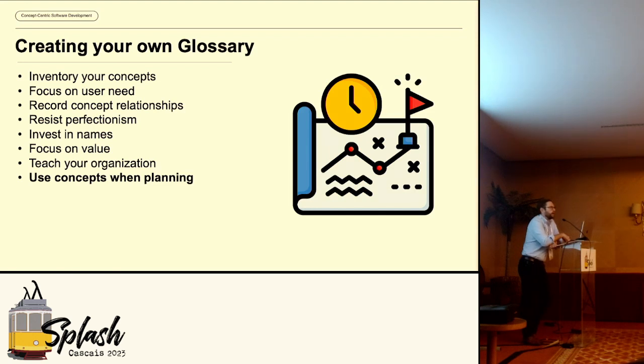I think in a lot of cases, concepts exist in the present day, but the most exciting new features tend to be new ideas that you're putting into the platform, sometimes ideas that don't exist in any other piece of software ever. So you want to put them into planning, and you want to be able to explicitly say, hey, this feature is introducing a new concept, and that means that many teams are going to have to implement it. You're going to need an idea for how you get that consensus, and you're going to have to differentiate features like that from features that are internal to a single team.